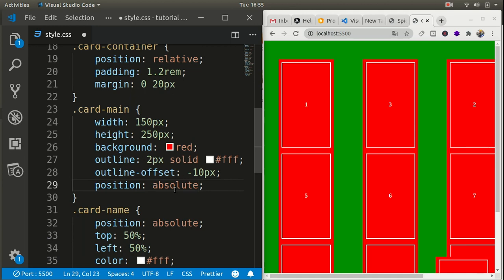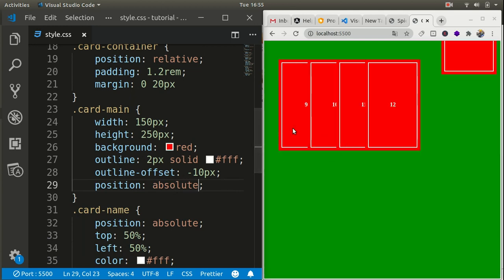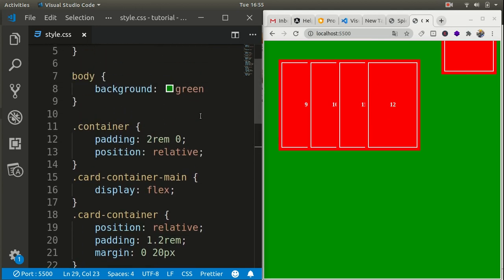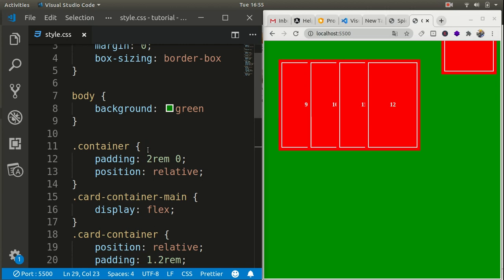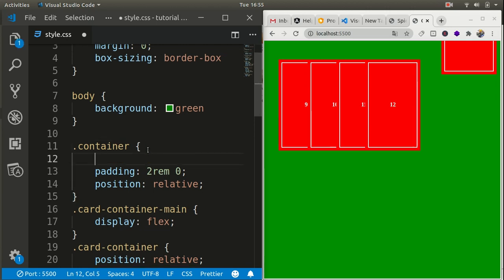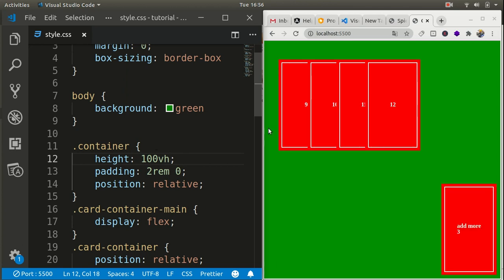Now if I save, it got stacked like this, and the extra card goes a little bit up, but I want it to be on bottom right. So let's define some rules for it too. So container should have a height of 100 viewport height, and if I save this it will fix the layout of the extra card. So let's save it, and it goes into its right position.